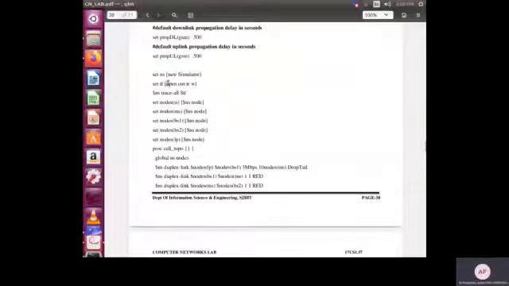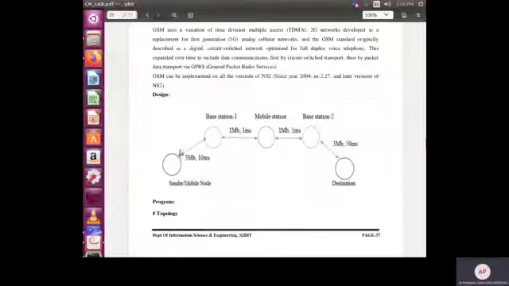As usual, we start the simulator by creating a simulator class, and NS is an object of the simulator class. Then we are creating an object TF which is linked with the trace file out.tr, and then we are creating the nodes. Which are the nodes required? Look into the diagram: source node, base station 1, mobile station, base station 2, and destination node.